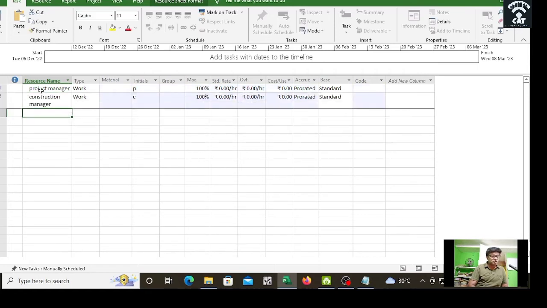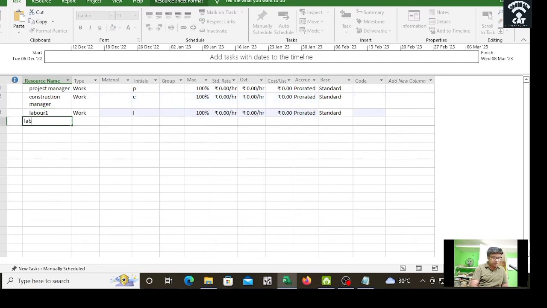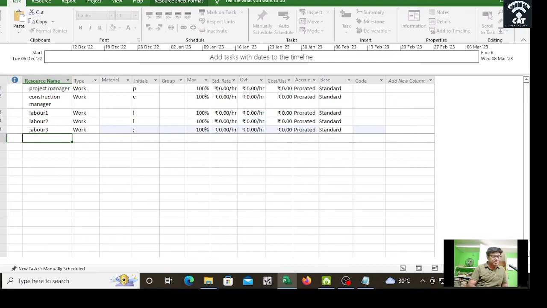Then comes labor 1, labor 2, labor 3, then staff 1,